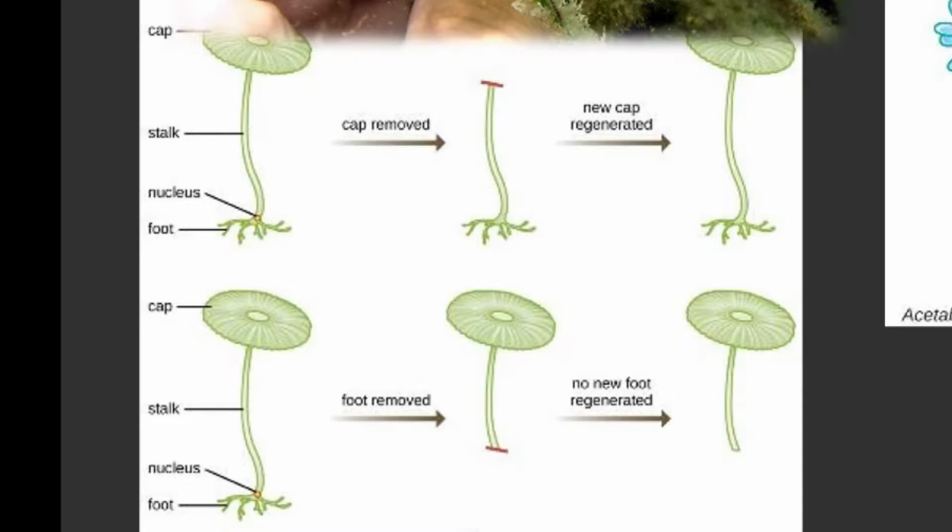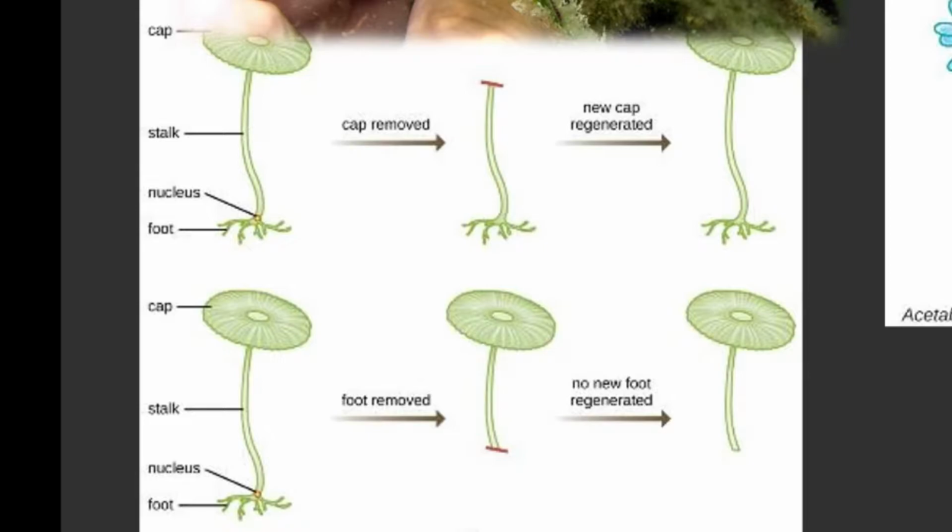And a researcher by the name of Joachim Hammerling did some experiments where he was trying to figure out where the information for how to make this cell was, and was it in the cap, or was it in the stalk, or was it in the foot? And he had a hunch that it was in the foot because the foot contained the nucleus of the cell. And so he did a couple of different experiments where he cut the cap off of the tube, and a new cap regenerated, presumably because the information for how to make that cap was found in the nucleus in the